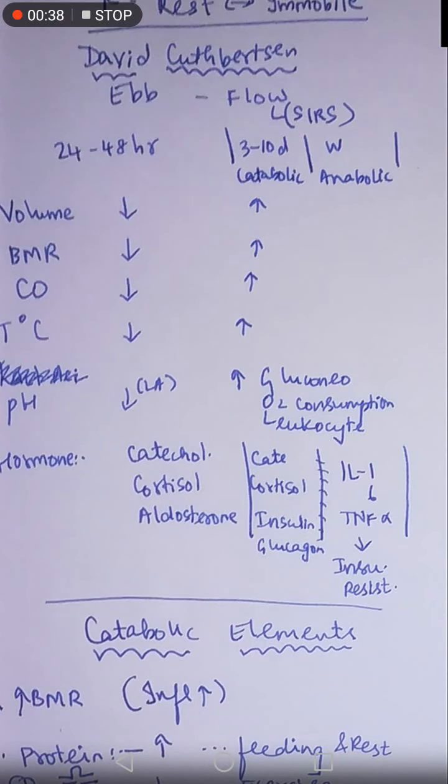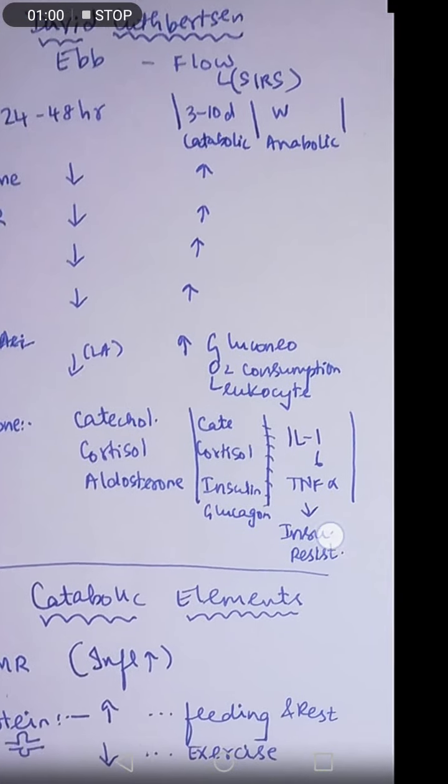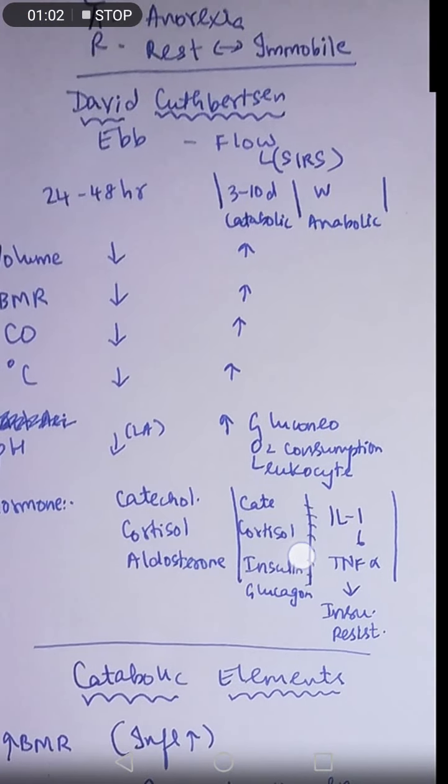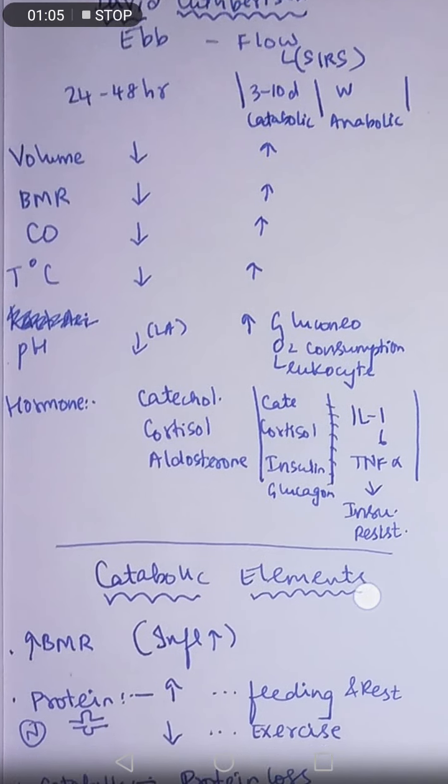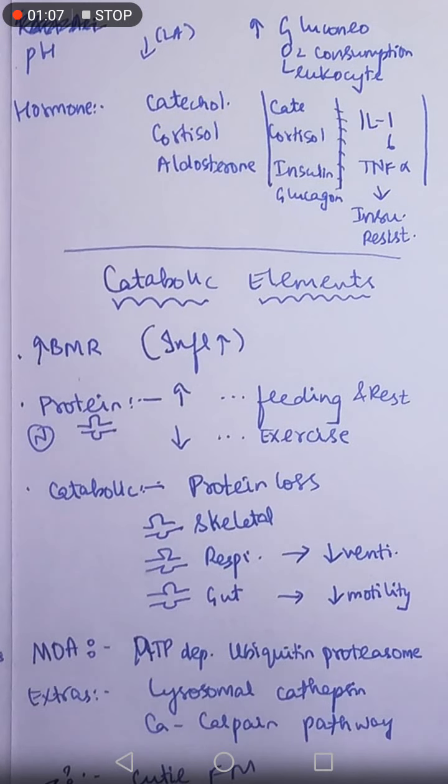Well, in the flow phase, which is the anabolic phase, interleukin 1 is high, 6 is also high, TNF alpha is also high, which signifies there is a lot of inflammation. When this inflammation occurs, it creates an insulin resistant state due to a lot of complex reactions which we need not go into. That is why, even though insulin is released here, because of insulin resistance there is no point of insulin being produced, because the net effect is insulin resistance. Then let's